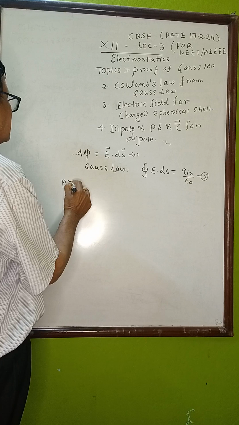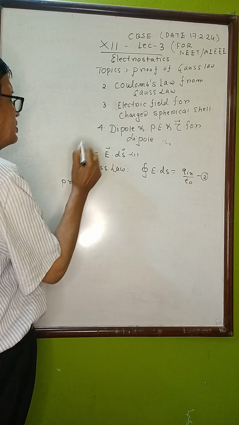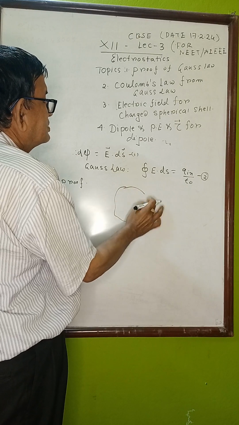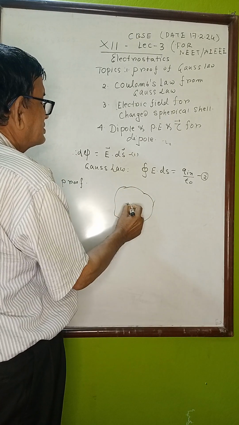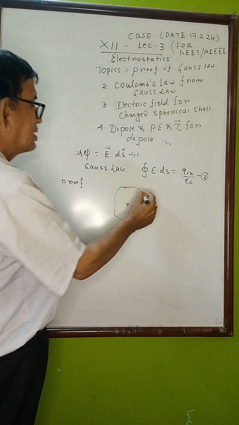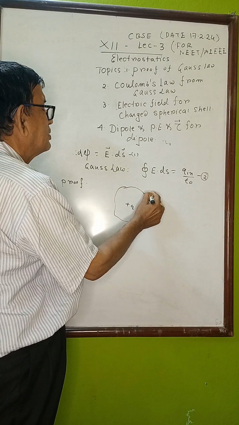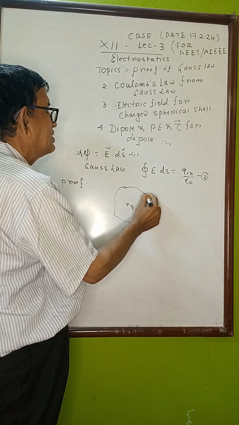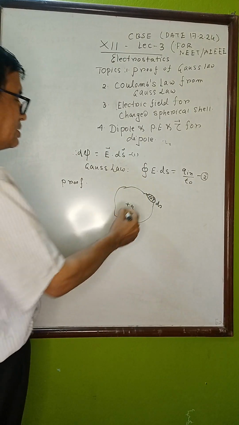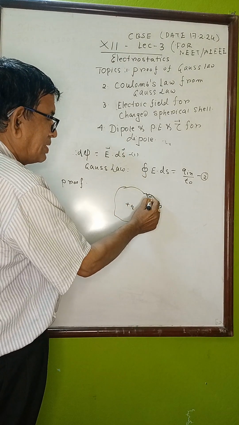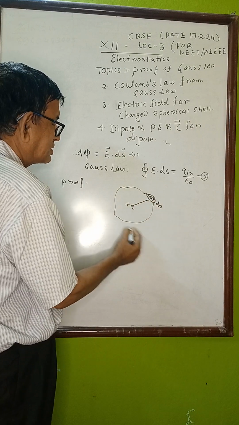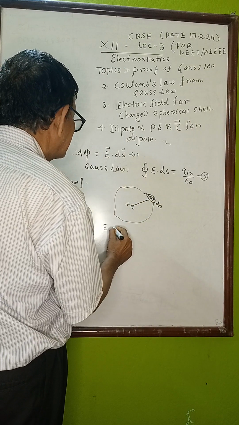Proof of this law, what will you do? You take an arbitrary surface. Suppose you are taking a surface, and a charge Q. Now this is the surface. You take a point P and you consider a surface element ds. Clear? So this ds at the point P, the electric field E at the surface,